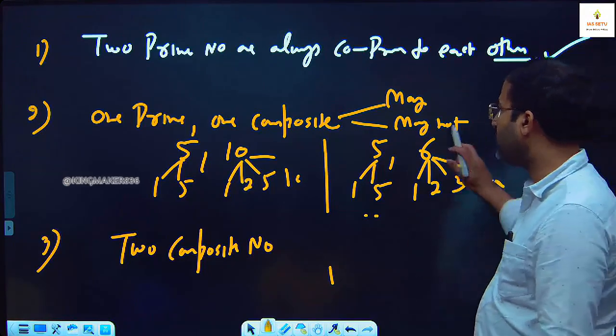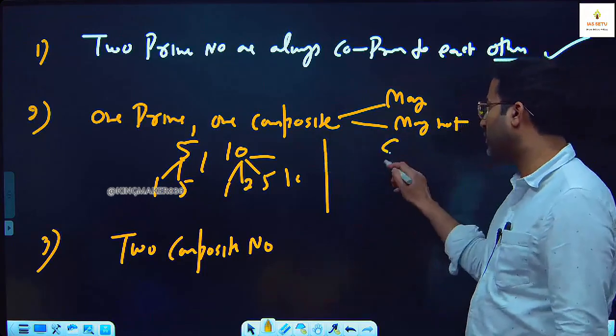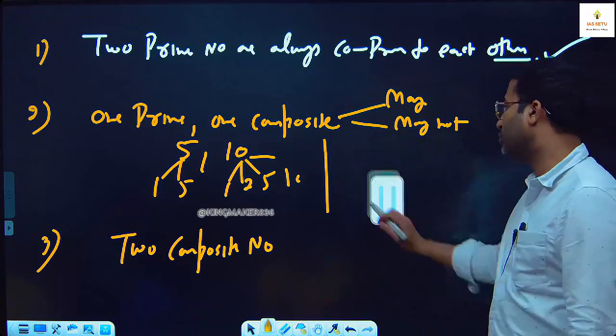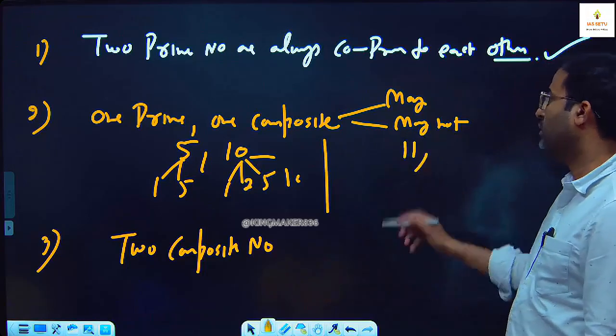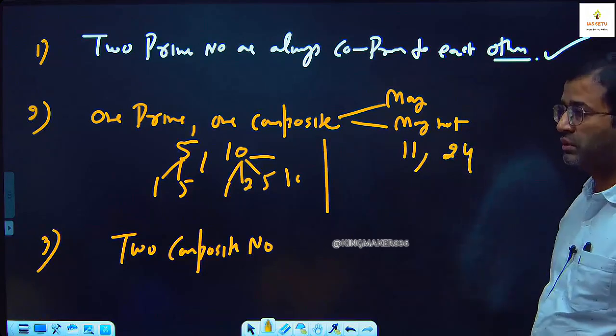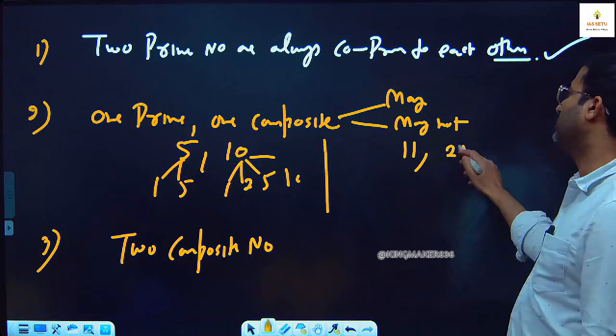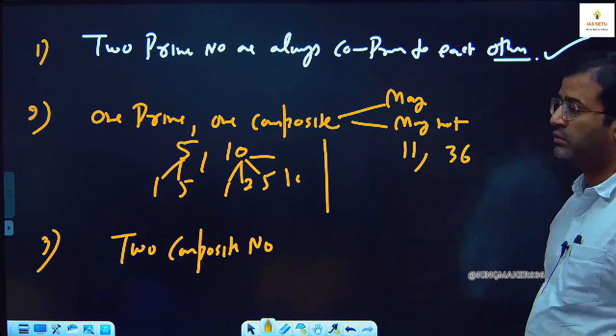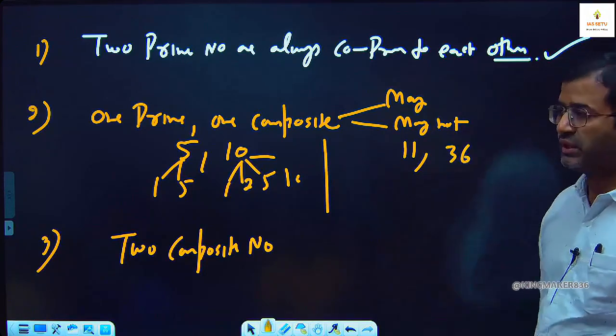अच्छा, 5 and 6 के अलावा कोई और एग्जांपल? 5 and 12 ले लो। 5 नहीं लेना चाह रहे तो कुछ भी ले लो, लाइक 11 and 24 ले लो, 11 and 25 ले लो, 11 and 36 ले लो, दुनिया भर के एग्जांपल है।